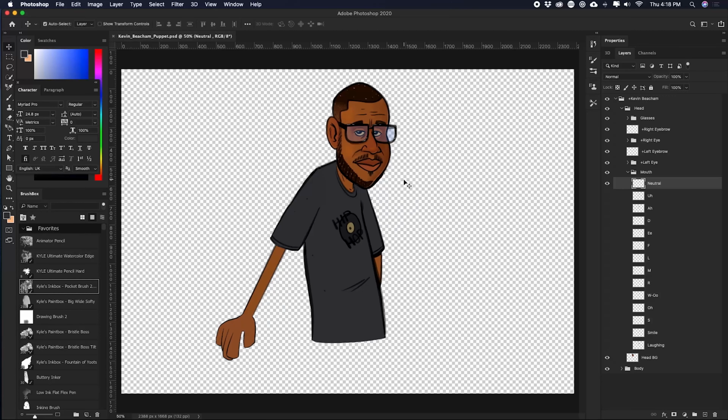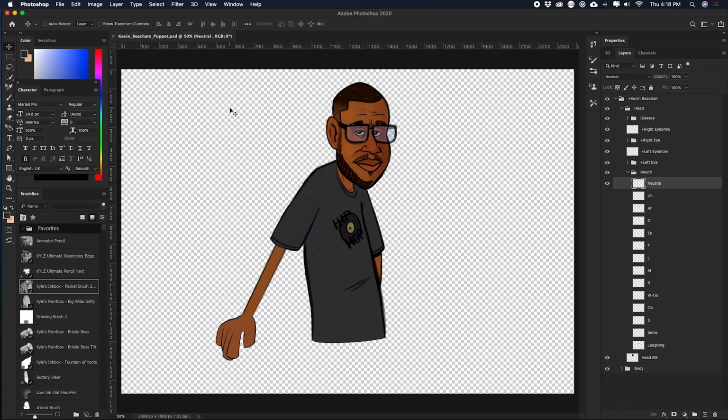It's going to affect the entire canvas. So what you need to do is go back to Photoshop, go through all of the layers, and when you do Control T, you see how I got my handles around his lips. When I first brought this into Photoshop, it was over the entire canvas. So what I had to do is hit V, or you come up here for the move tool, Command or Control click on that layer, and then do Command Shift I or Control Shift I to select the inverse, and then hit delete. When you Command click on the layer, what that does is it selects all of the pixels